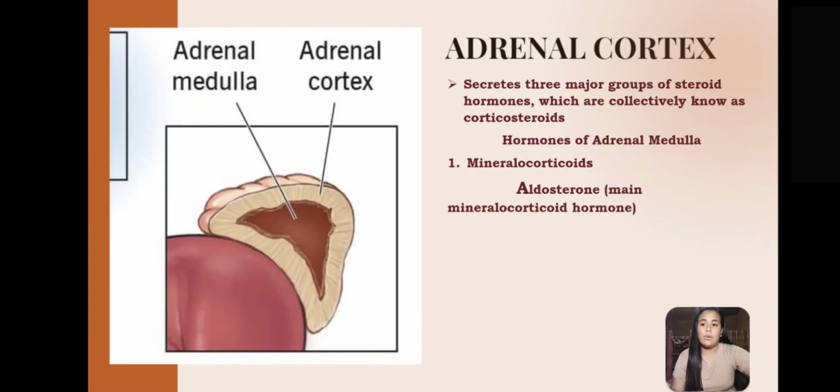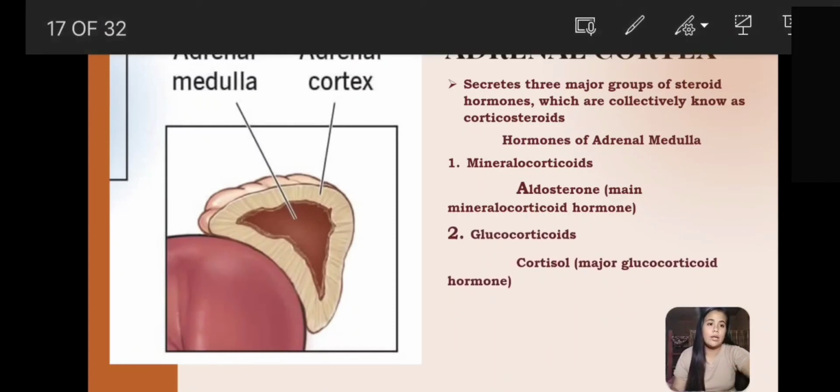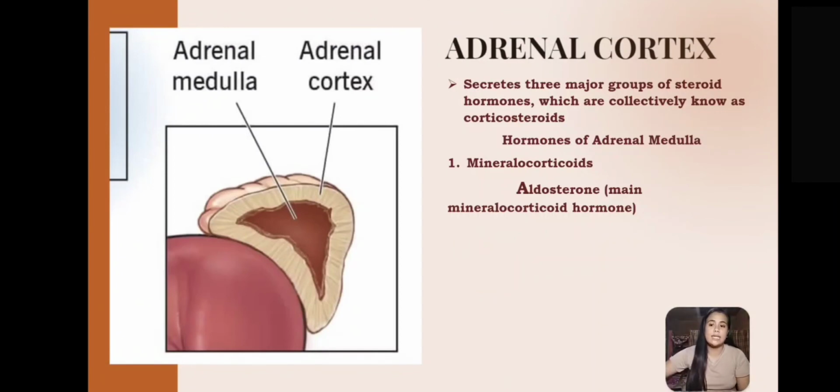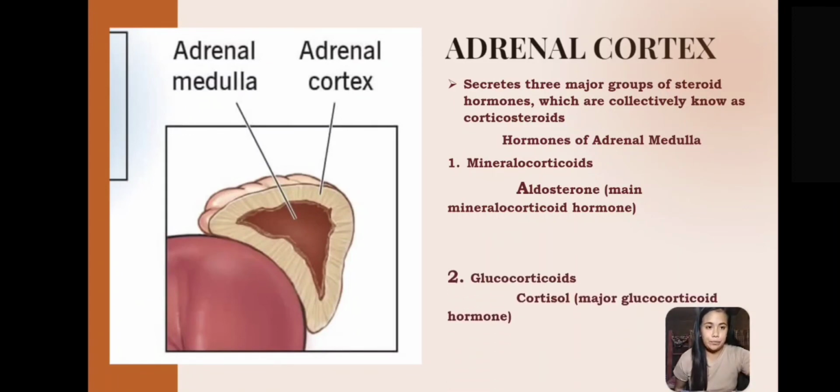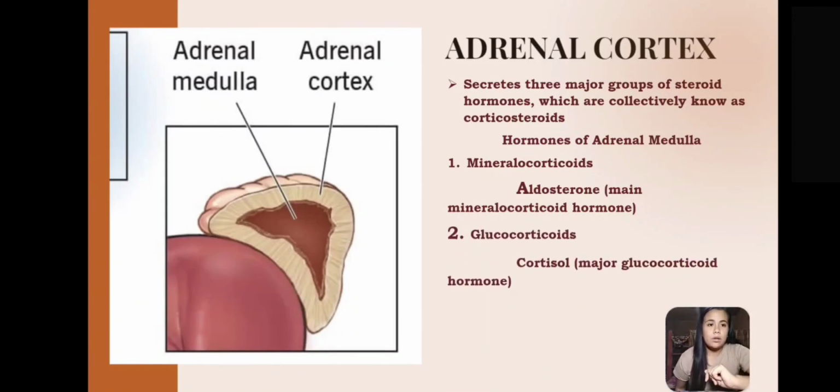So our aldosterone helps on regulating the mineral content of our bloodstream, particularly the level of potassium and sodium ions in our body. So this aldosterone does that. Next, we have glucocorticoids. So ang atong glucocorticoids, it has cortisol. So it is a major glucocorticoid hormone. Naa pod cortisone. Other example of that is cortisone, and corticosterone.